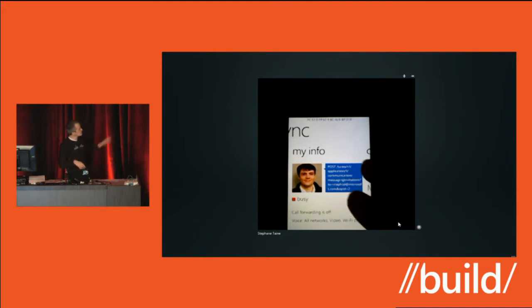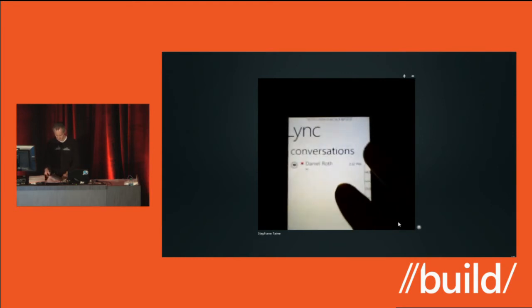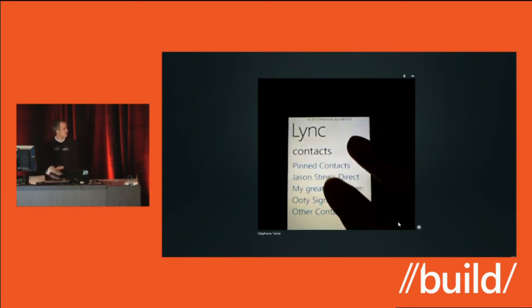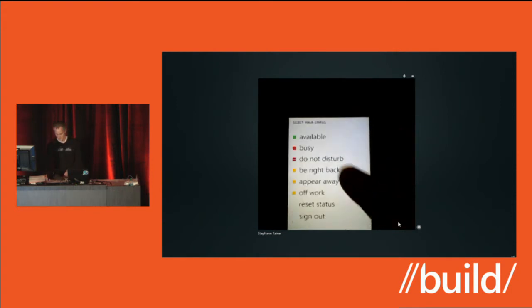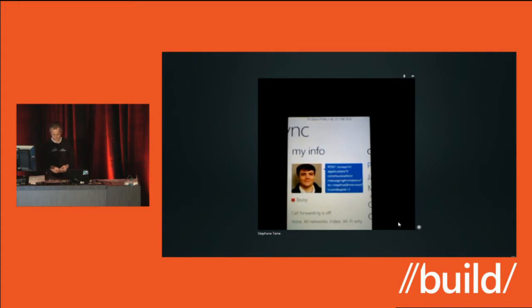Cool. So great. Alex, this looks like a Windows Phone 8 device, and you've got Lync loaded up here. Can you tell us a little bit about what this thing is capable of and how it's using ASP.NET Web API? Yep. Thank you very much, Daniel. So as Daniel said, Alex and Stefan from the Lync Server platform team. And we have here a preview of Lync client for Windows Phone 8. So it's a preview client on a preview device talking to a preview server. So let's all pray to the demo gods for a second here. We are going to do an IM session for you guys.